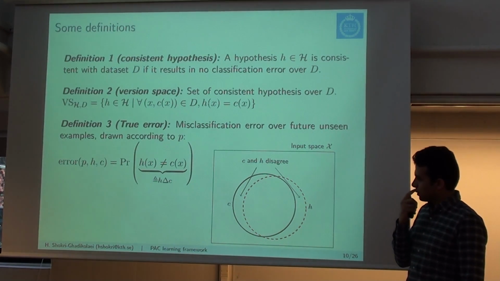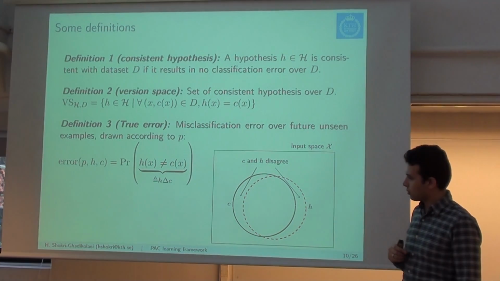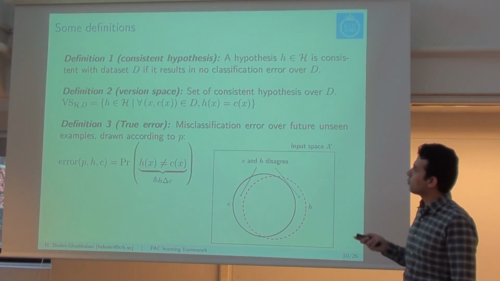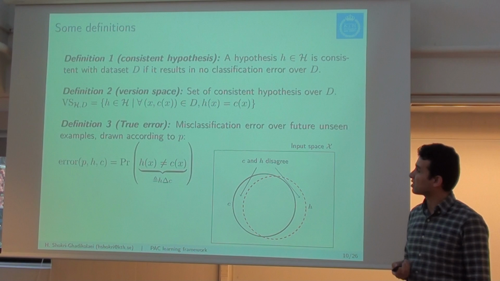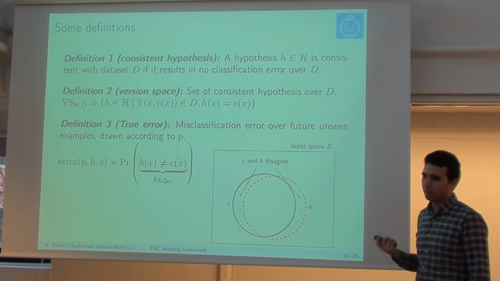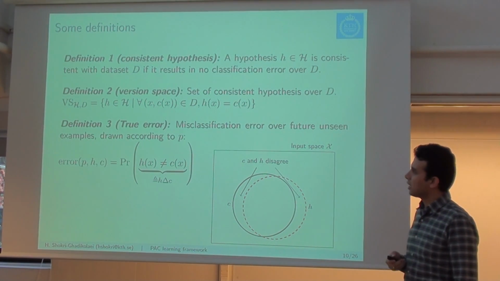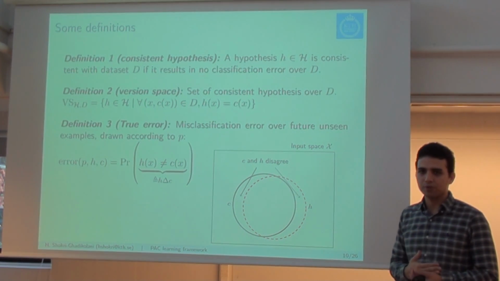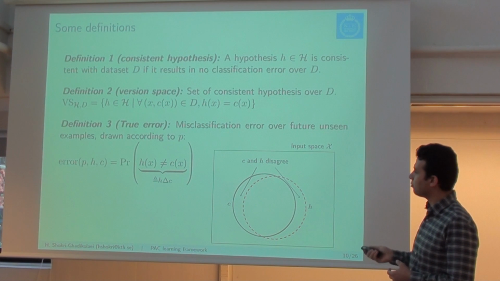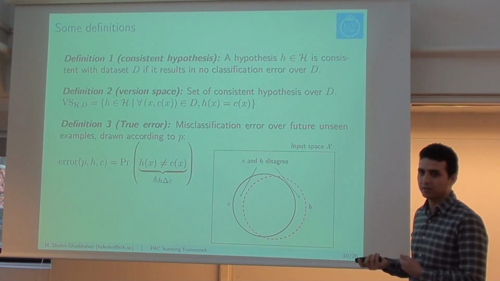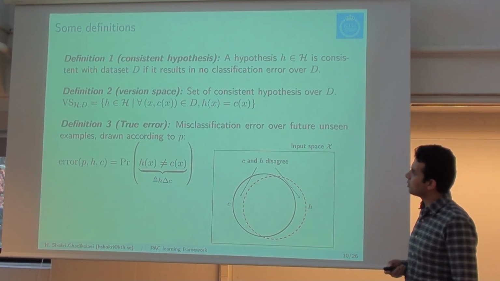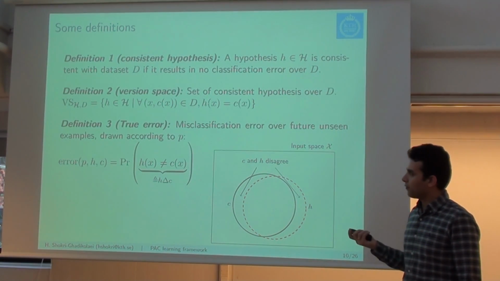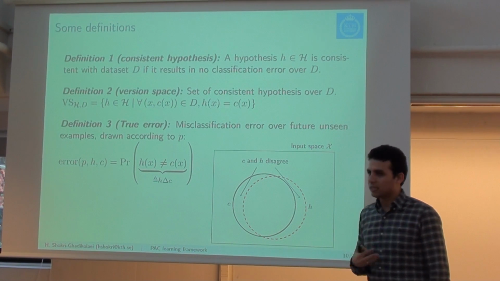Some definitions that you need in order to prove the PAC learning framework. A consistent hypothesis is a hypothesis in your hypothesis class that is consistent with the data set if it produces no error, with any measure of your error or loss function. So if it produces 0 loss, then we call this a consistent hypothesis. Second definition, version space, which is a set of all